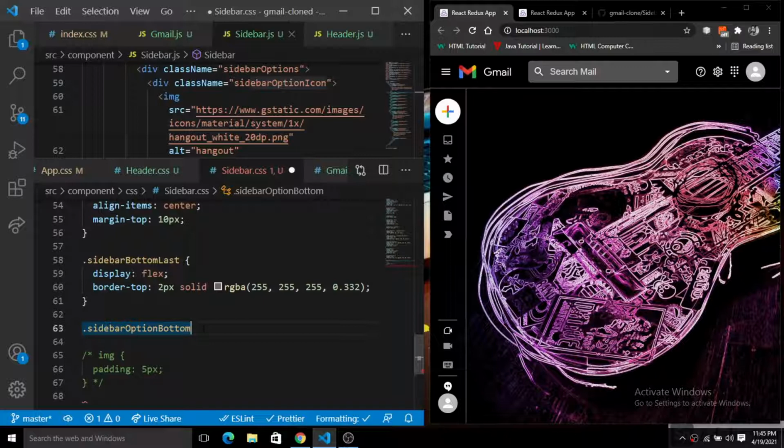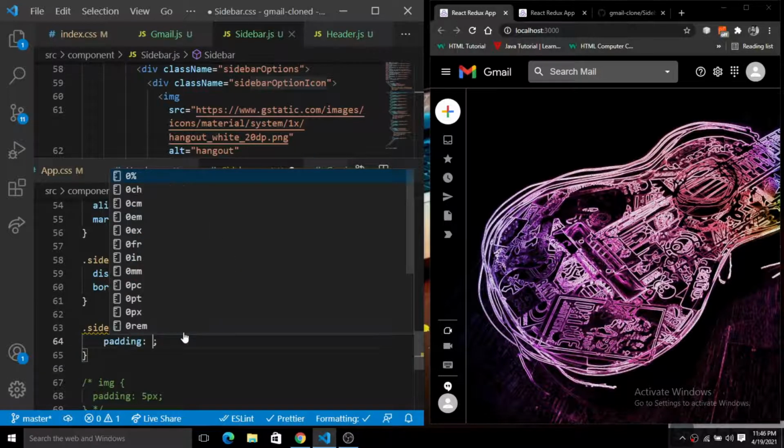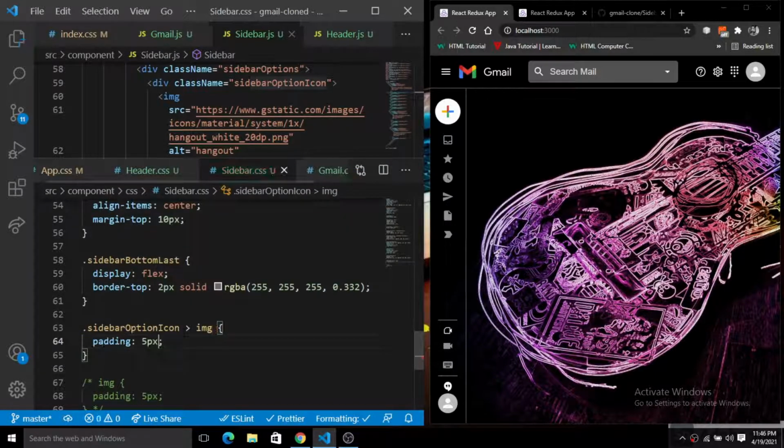Sidebar option icon, and for this we'll simply give. Inside of this we have an image tag first of all. So let me put the image tag here, and inside of this image tag just give the padding of 5 pixels. Now save this. So everything is right. Now we are done with this.